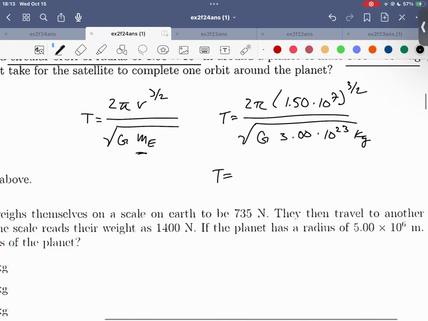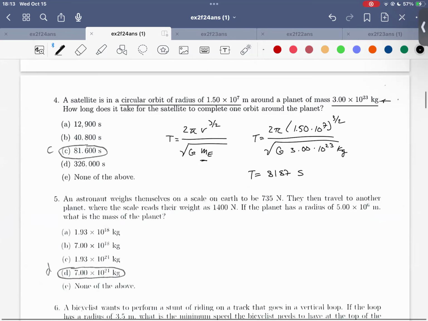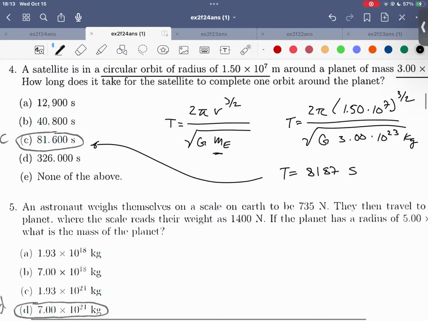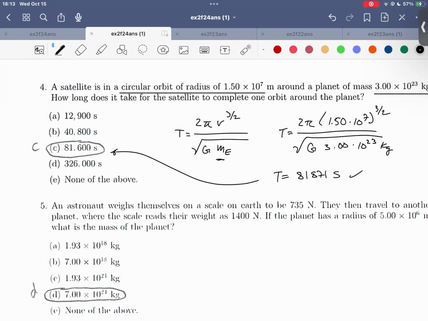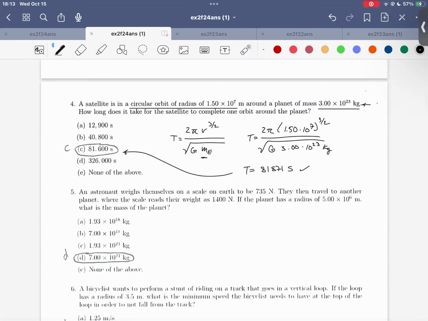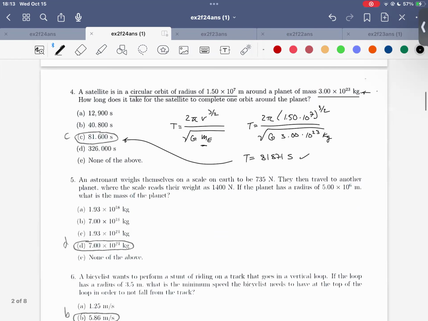And this gives you, which is close enough to this. So note that the G used here,